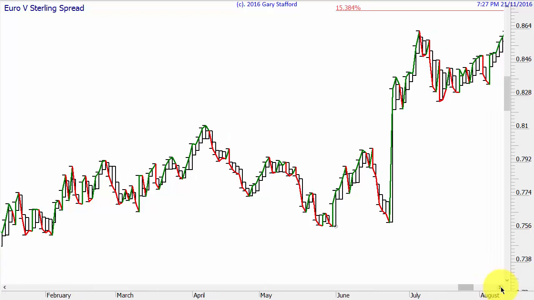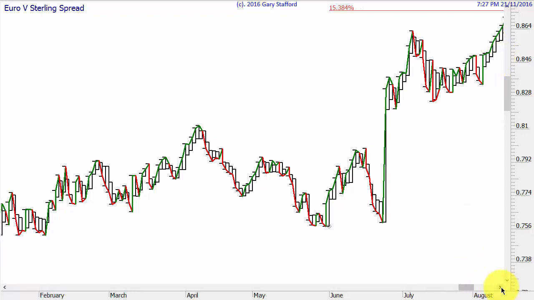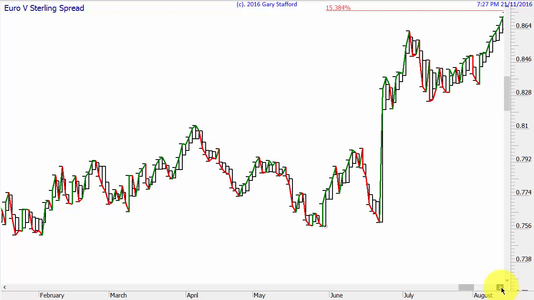and it goes up for 1. This is the first day, 2, 3, 4 days consecutively. Then it goes up for 5 days consecutively. Then it goes up for 6 days consecutively, and then it goes up for 7 days consecutively. So we can now use Gann's 7 to 10 day rule to move our stop loss below this low if we were long of the euro, which I wasn't.